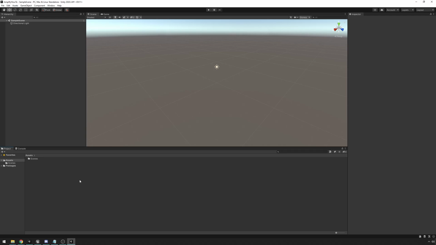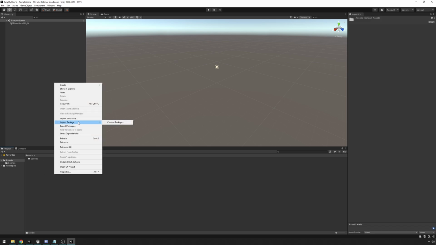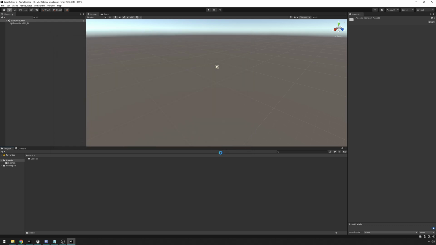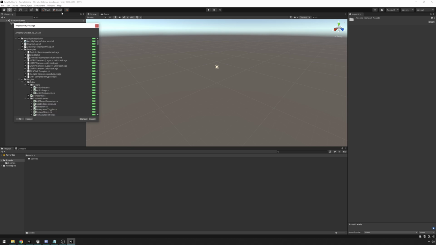Hey there, quick tutorial about how to install the Amplify shader editor for Unity, as I haven't really seen any tutorials on this and it gets pretty confusing for a newcomer. So go here to the project browser and then right click, import package, custom package. Then select the Amplify shader Unity package file, open it, it will load for a bit, and now it will